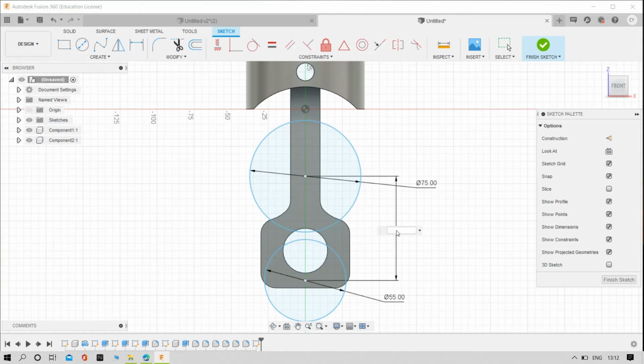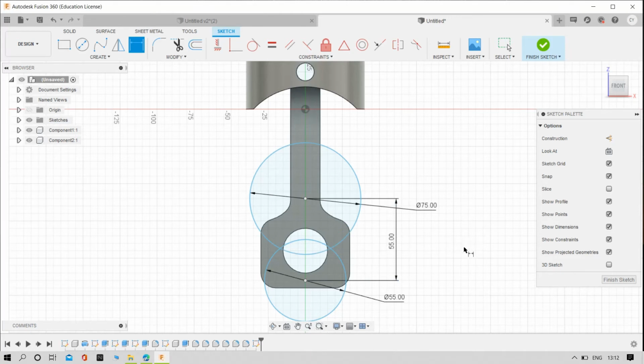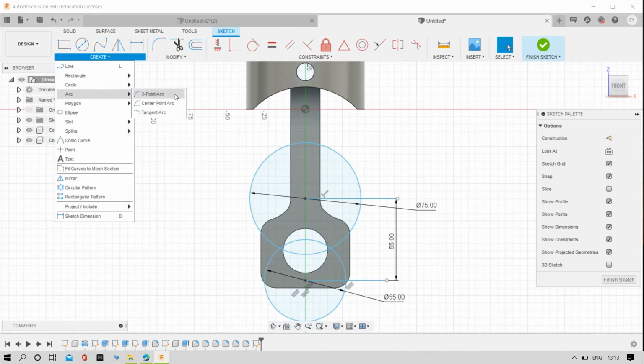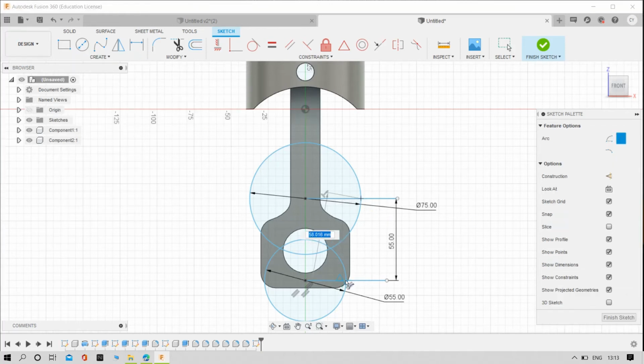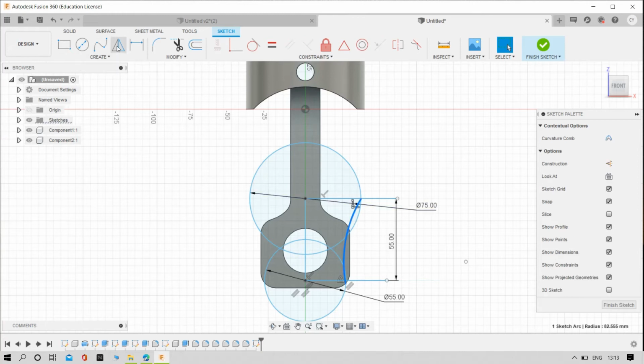Make it 60. Yeah, 60 also look like a bigger. Make it 55. Perfect. And then try to draw the lines, horizontal lines, and then for this one also, and try to select the arc, 3-point arc, and then try to select the arcs. Yes, and we need to draw the one vertical line. For the mirror command, select the center axis.